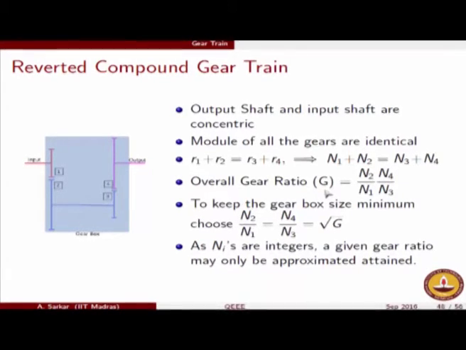But you must understand that once you have the square root condition, there is one problem. Suppose the gear ratio you are asking for is 7, but square root of 7 is not a rational number, it is an irrational number, whereas N2 and N1 are both integers. So there is no choice of N2 and N1 which will exactly give you square root of 7, right? No integers N1 and N2 will give you square root of 7. As a result you will not be able to exactly attain the gear ratio, but you will be able to attain it at least in an approximate sense, which is all that is necessary in engineering applications.